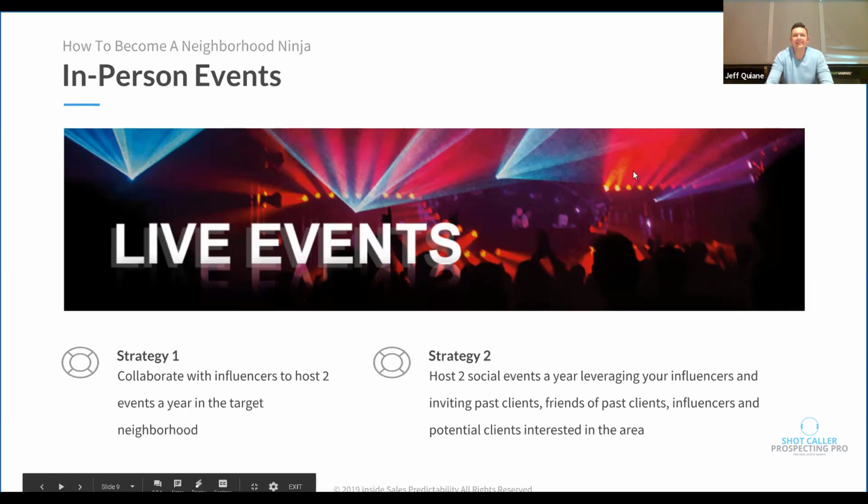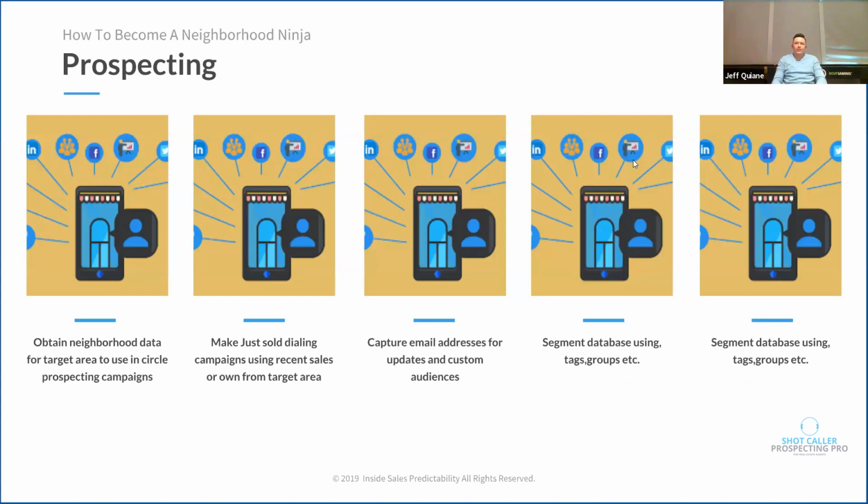And the last pillar of this Neighborhood Ninja strategy, I saved it for the last. It's the best, but the last, and that is prospecting. So obtain the neighborhood data for your target area. So get the names and telephone numbers and addresses and emails if possible for your target area, and start using that in circle dialing campaigns where we're just calling into the neighborhood with a message, something similar to, we expect